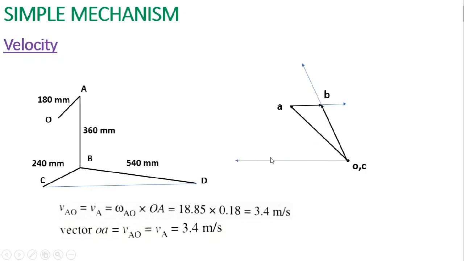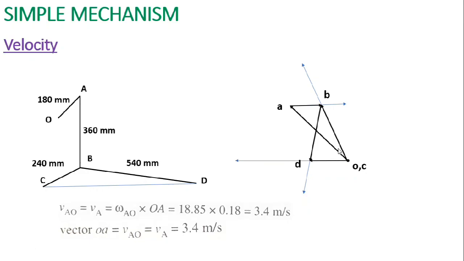But before that, to know what will be its length, we first need to know the velocity direction for the slider. Its direction is along the horizontal but the magnitude is unknown, so we draw this horizontal vector and then we draw the velocity component of BD. So both of them intersect at this point, and here we draw the velocity vectors, that is BD and DC. Is that clear?